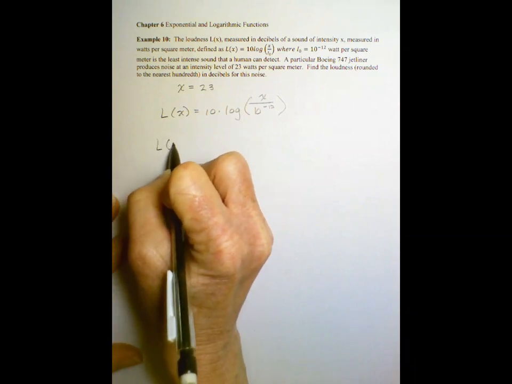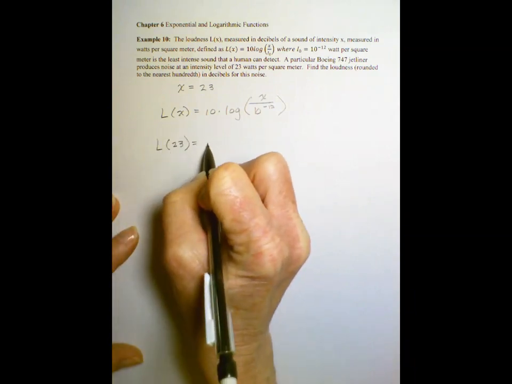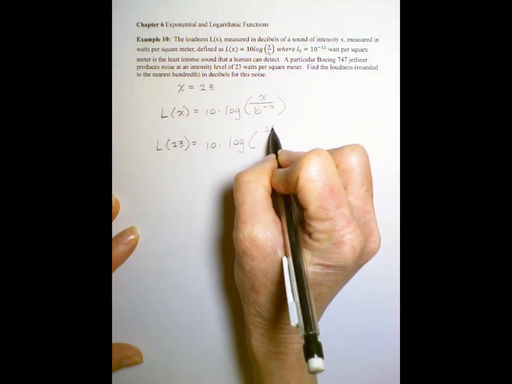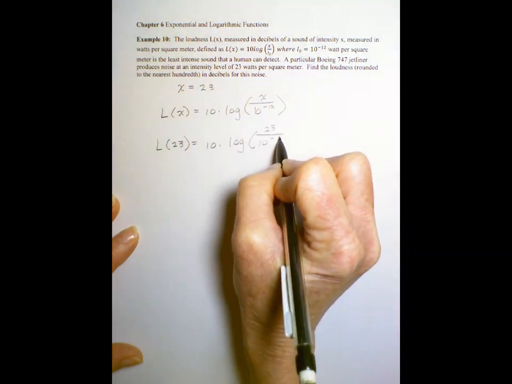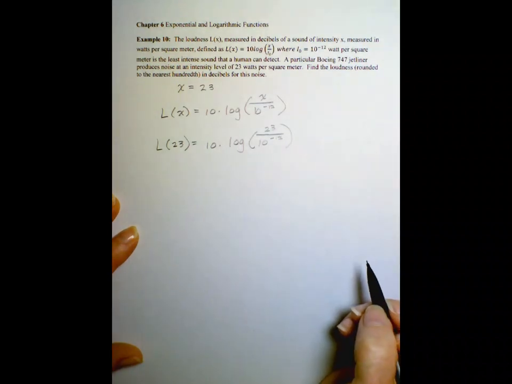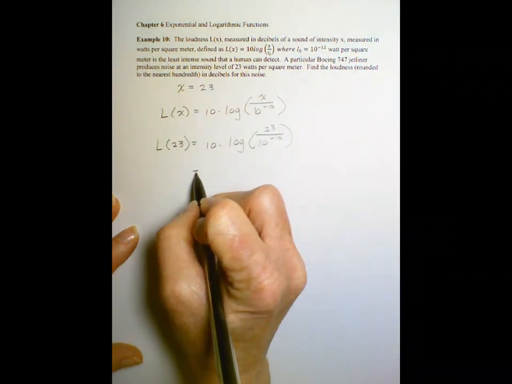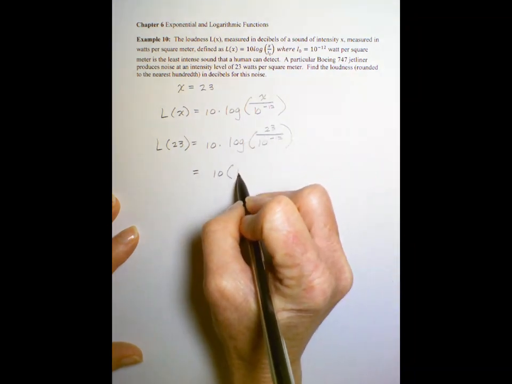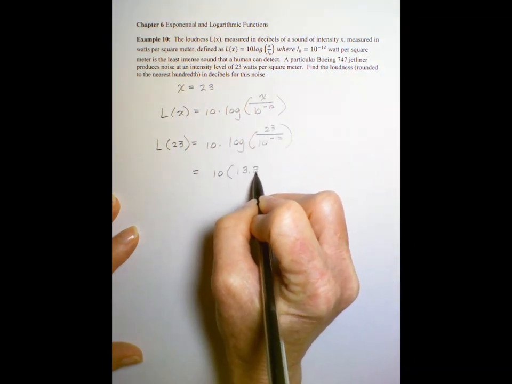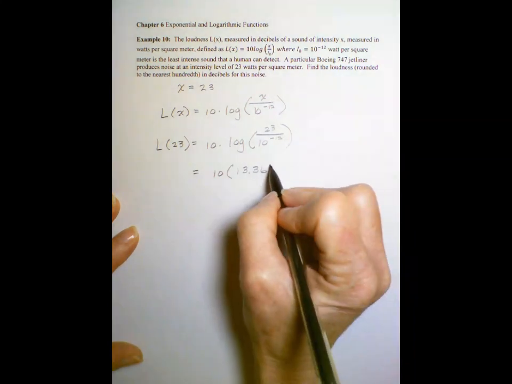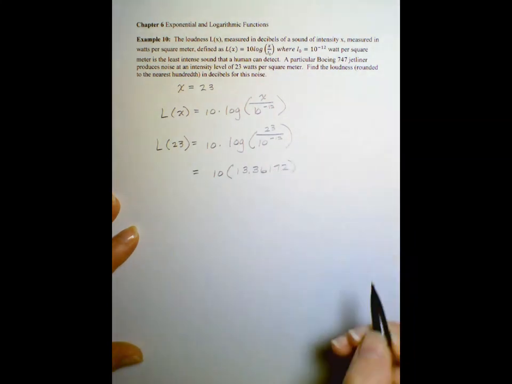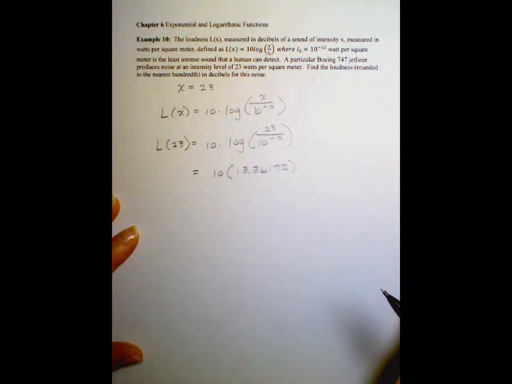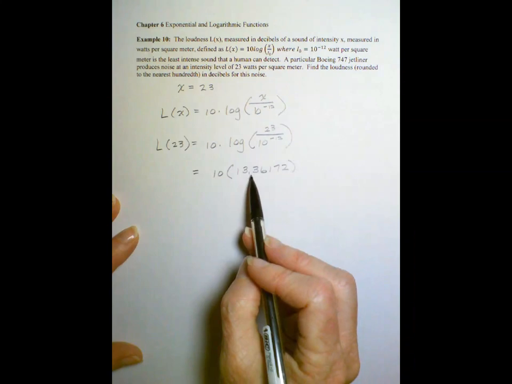We're to find L of 23, so that's going to be 10 times the common log, log base 10, of 23 divided by 10 to the negative 12. So this is just a calculator problem. So this is 10 times, as you evaluate that, you should get, I'm going to write this out for a few decimal places, 133.6172. The trick to getting correct answers when you have to do rounding in MyMathLab is to use several decimal places